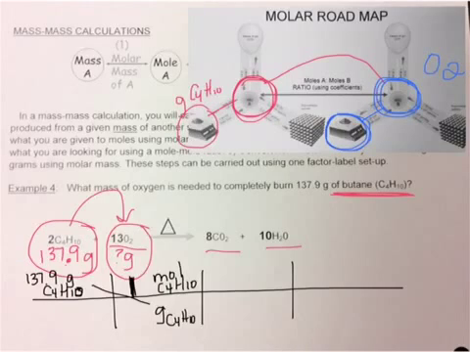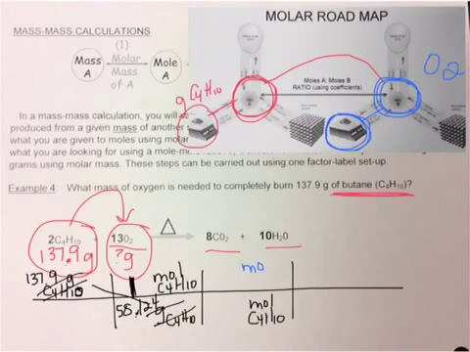Butane is going to get his molar mass, which happens to be 58.124. Added all that up. Our grams of butane cancel out. We're at moles. We consult our map and say, where are we going to go after moles of butane? We're going to jump across to our oxygen side. So this is our mole-to-mole ratio step. So we're going to go from moles of butane